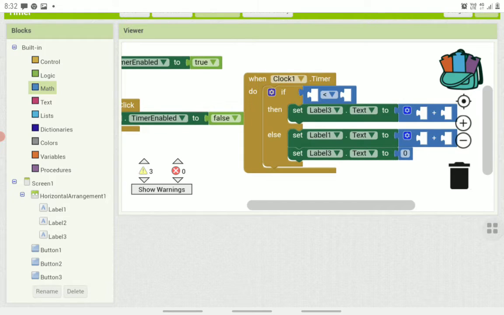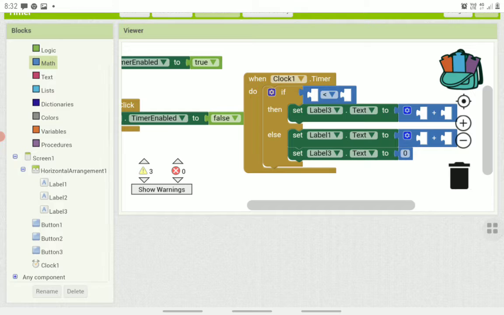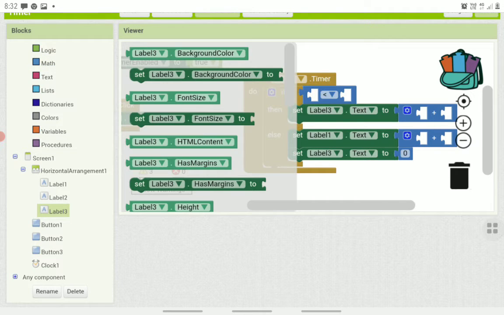Okay, and here you should go to label 3 text,